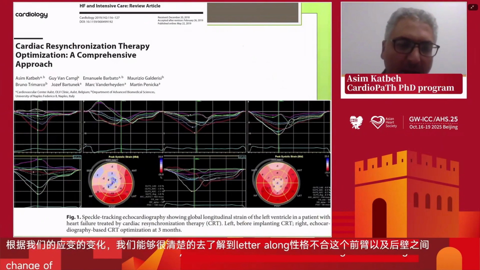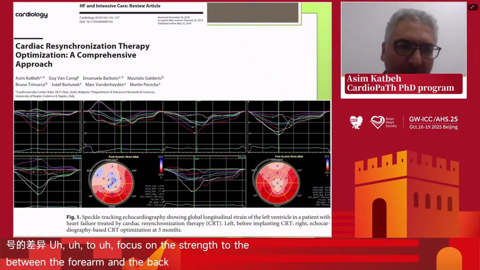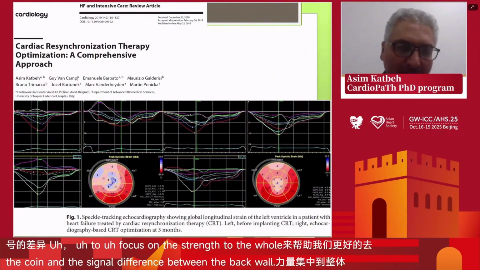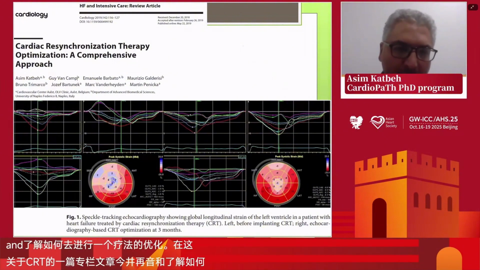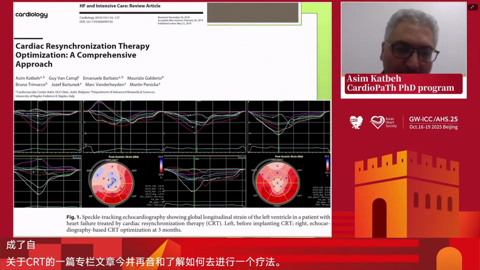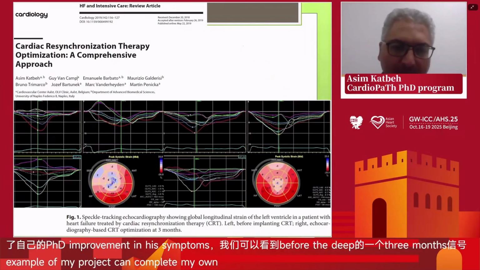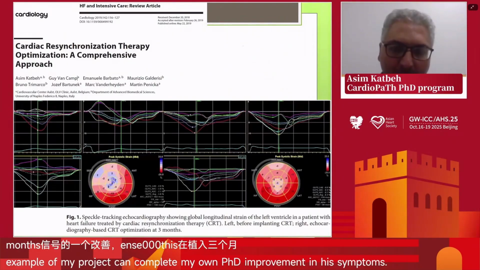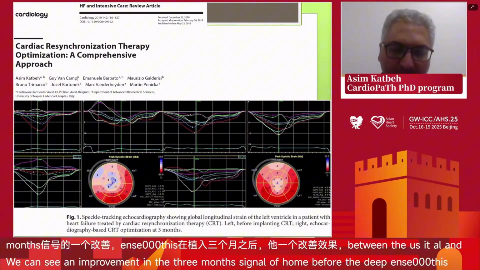That makes us focus on the strain curve, and this paper reviewing CRT optimization was published many years ago. This is an example of a case from the center where I did my PhD. This is a patient with heart failure symptoms with improvement in his symptoms, and the curve before the device and after 3 months of implantation. This case showed the synchrony between the septal and posterior wall segments after the 3